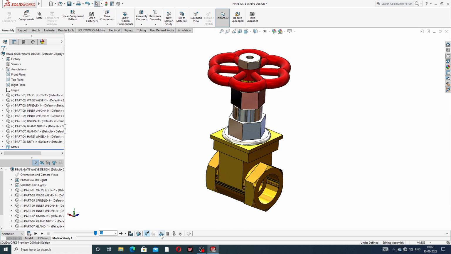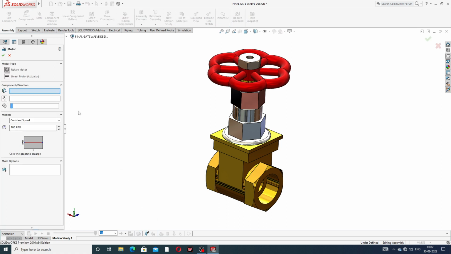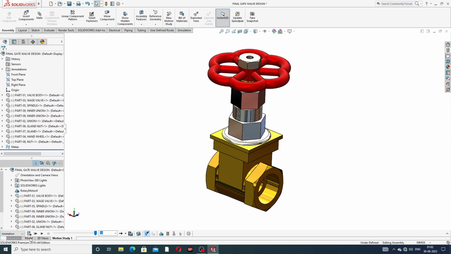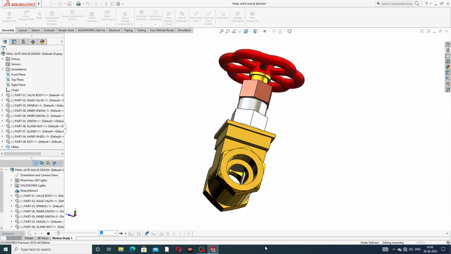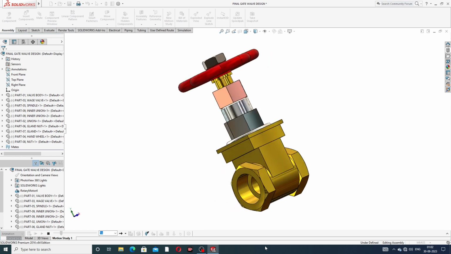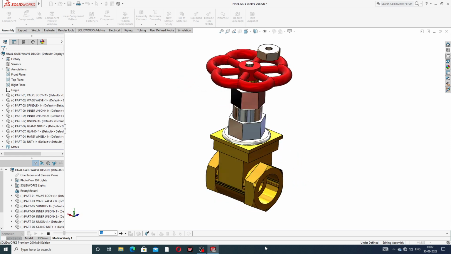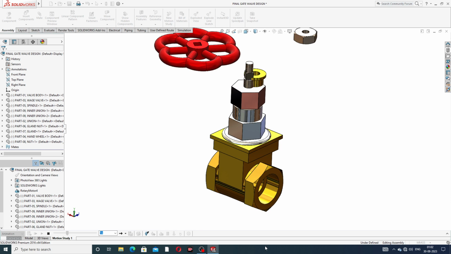Then apply a motor, and the rotation is this, and go to RPM, 20 RPM is perfect, and click OK. And calculate this body, and all is perfect and correct. This looks very nice.